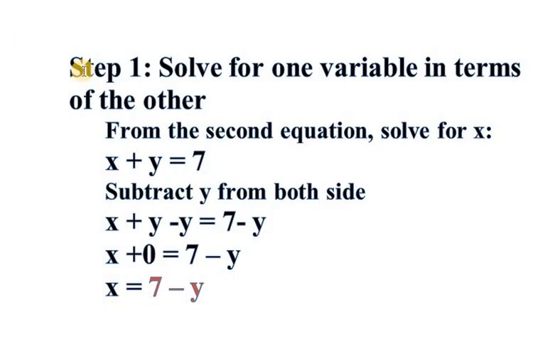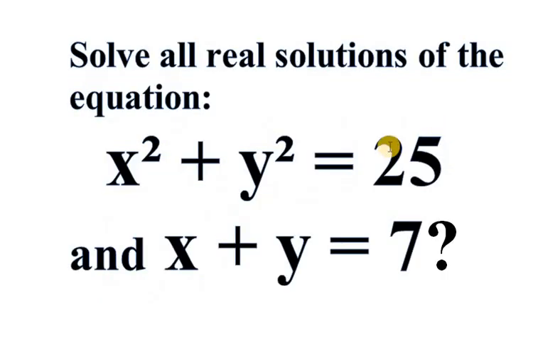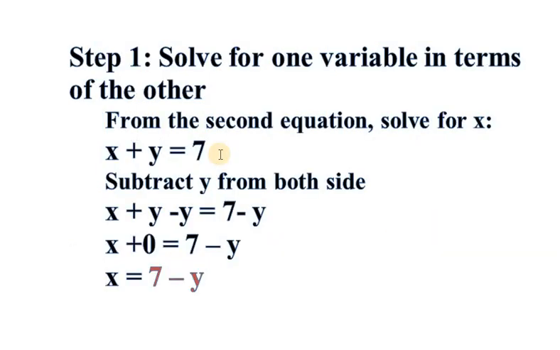Step 1: solve for one variable in terms of the other for the second equation. Solve for x, ይላል። x plus y is equal to 7 የሁለተኛው ኢኩዌሽናችን ነው። ያ ማለት እዚህ ጋር x raised to 2 plus y raised to 2 is equal to 25 and x plus y is equal to 7 ነው የሚለው። Our second equation is x plus y is equal to 7 ነው፣ ስለዚህ x plus y is equal to 7 ነው